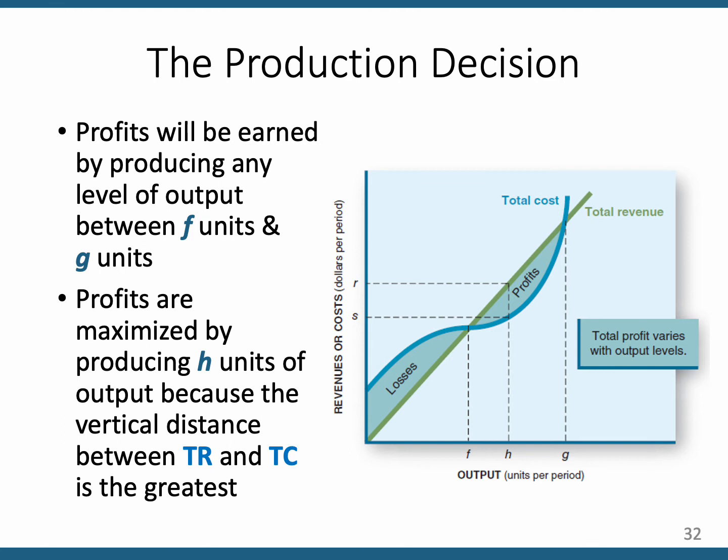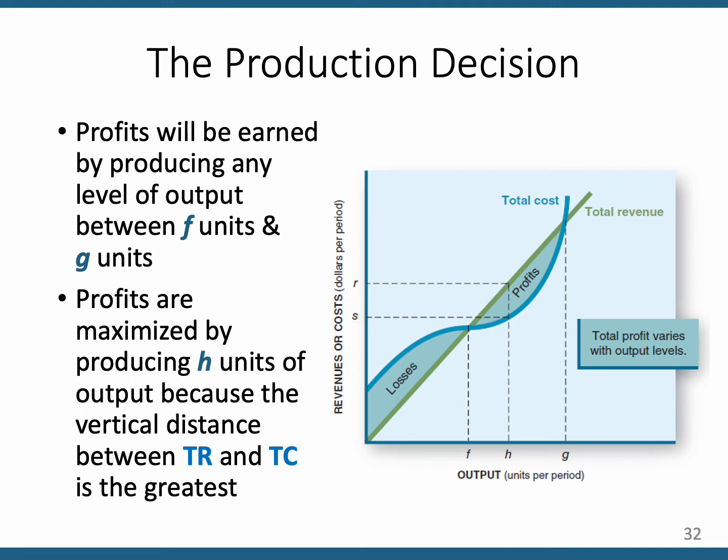Now I told you in the last chapter, we don't really use the total cost curve, and in this case the total revenue curve with it, to do our analysis because it's too difficult to figure out from this graph where profit is maximized. It would be maximized where there's the largest vertical distance between the green curve and the S-shaped blue curve, right? Well, it's hard to visually pick that out. Now, it's labeled here for us, R and S. That's the largest vertical distance between total revenue and total cost, and that happens at, on the x-axis, point H, whatever level of output that would be. That's where profits are maximized.